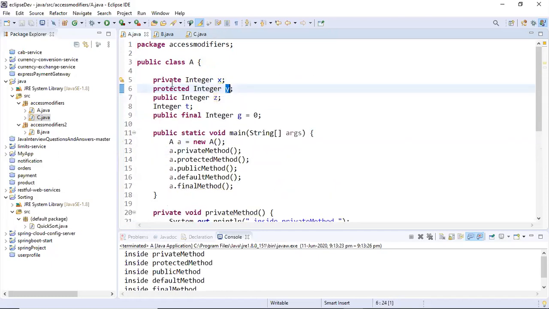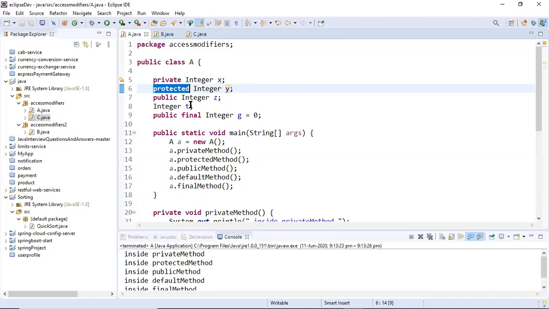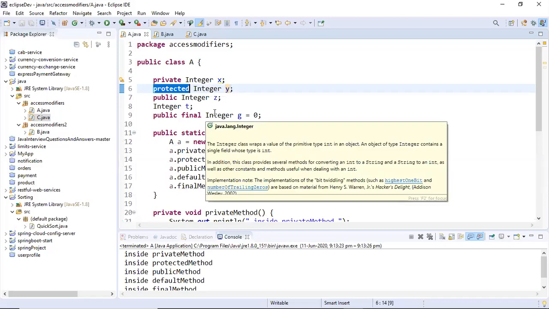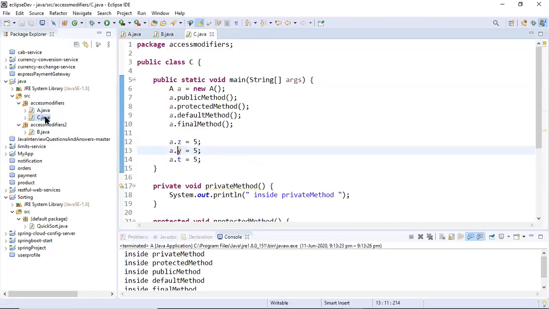Now let's get back to Y. See, Y is protected. The protected keyword, just behind your variables or functions, makes them available in the same package along with the subclasses. Okay, same package as well as in the subclasses. And default is available in the same package. Default is not available in other packages. So even if I remove extends or not, it doesn't matter. Even if I add, even if I remove, all will be accessible. Nothing will change here because C is in the same package.